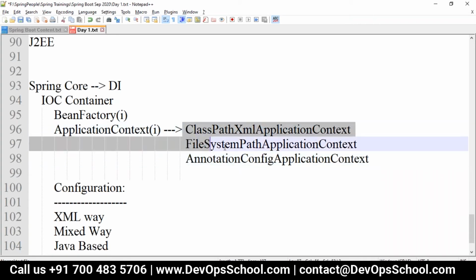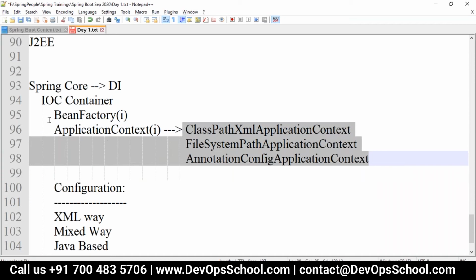These three are the core containers which we have with application context: ClassPathXml, FileSystemXml, or AnnotationConfig. In the same way, if you are going with the bean factory, we have a class path bean factory, or an annotation bean factory to load annotations. So it depends on which type of bean factory you are using.